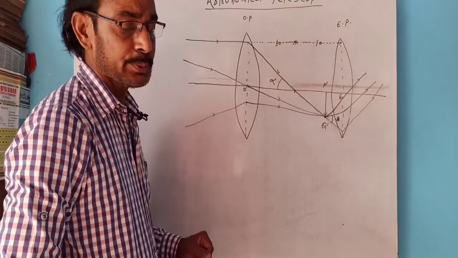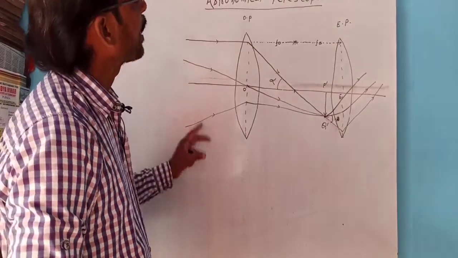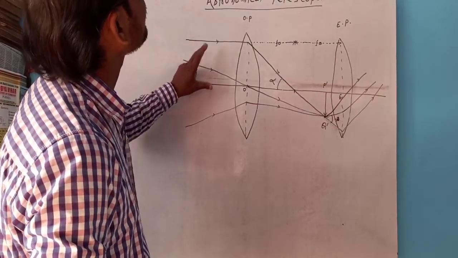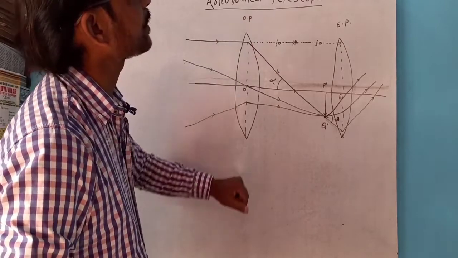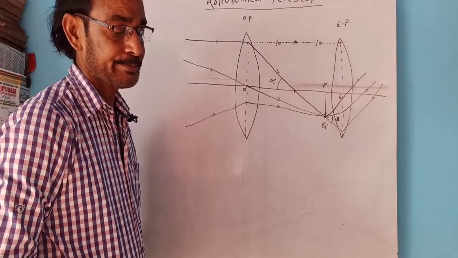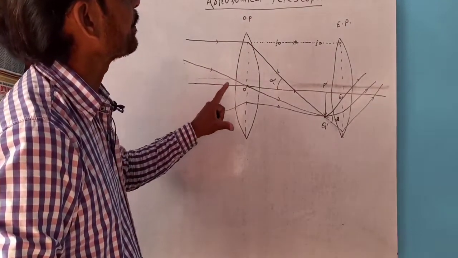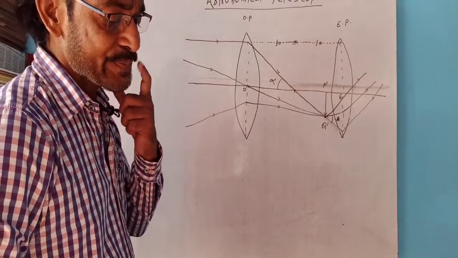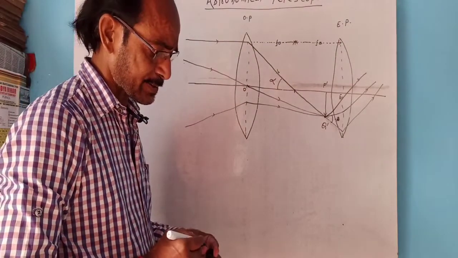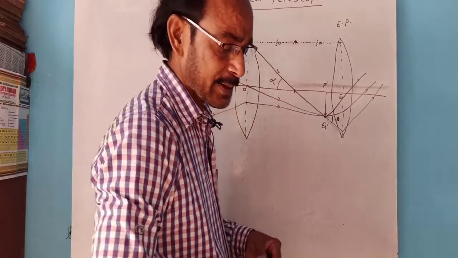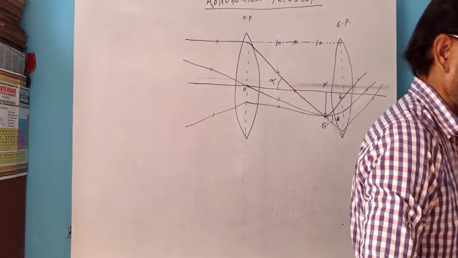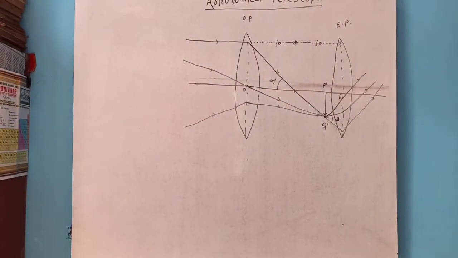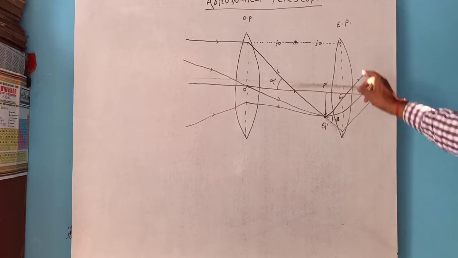Now we come to the definition of the astronomical telescope. It is a device which has two convex lenses adjusted on a principal axis, where the objective piece has a larger focal length than the eyepiece.